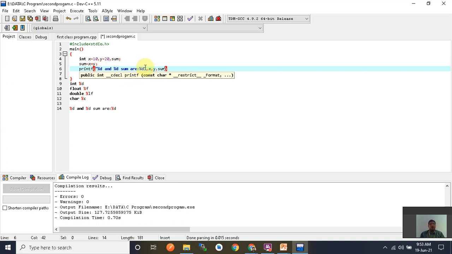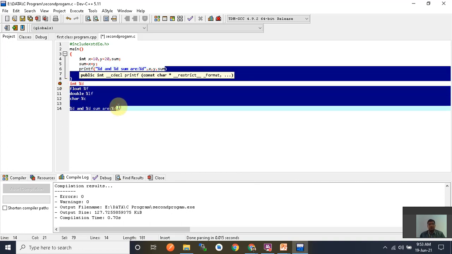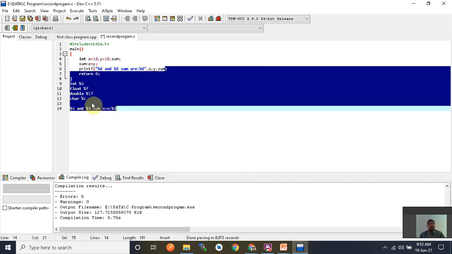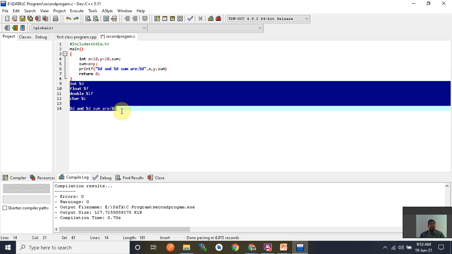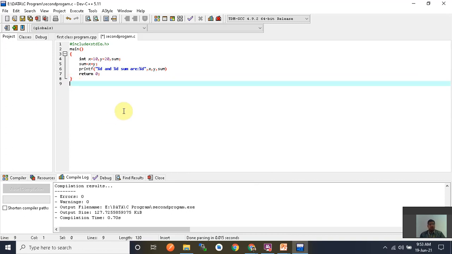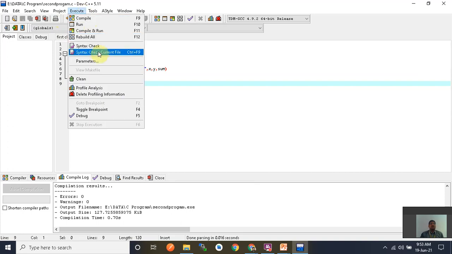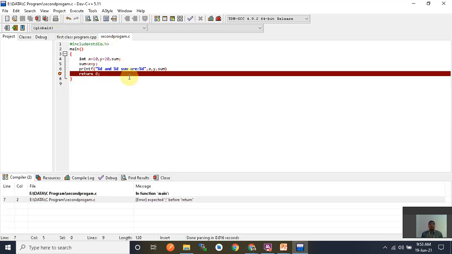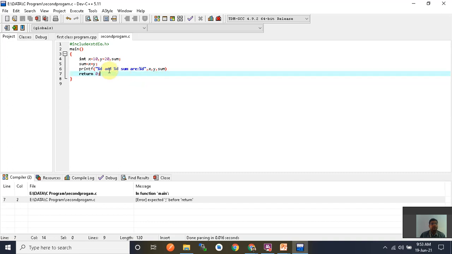The first %d belongs to x, the second %d belongs to the second variable, and the third %d belongs to the third variable, which is sum. Now I run this. Sorry, I save it with Ctrl+S, and now we run this.